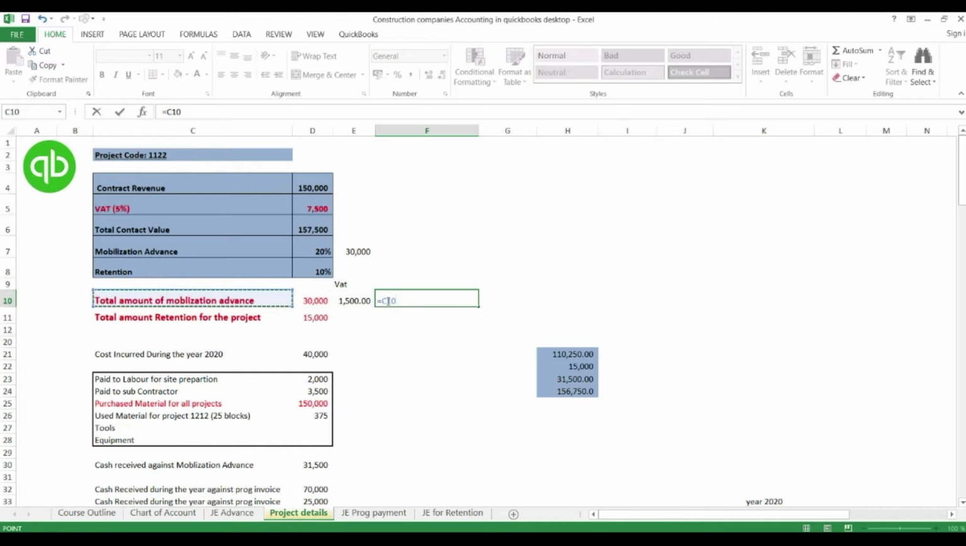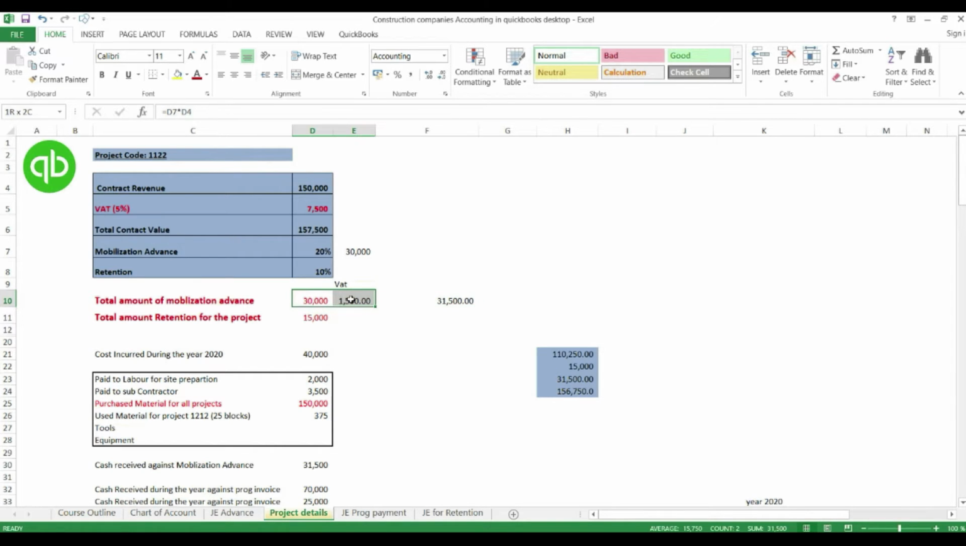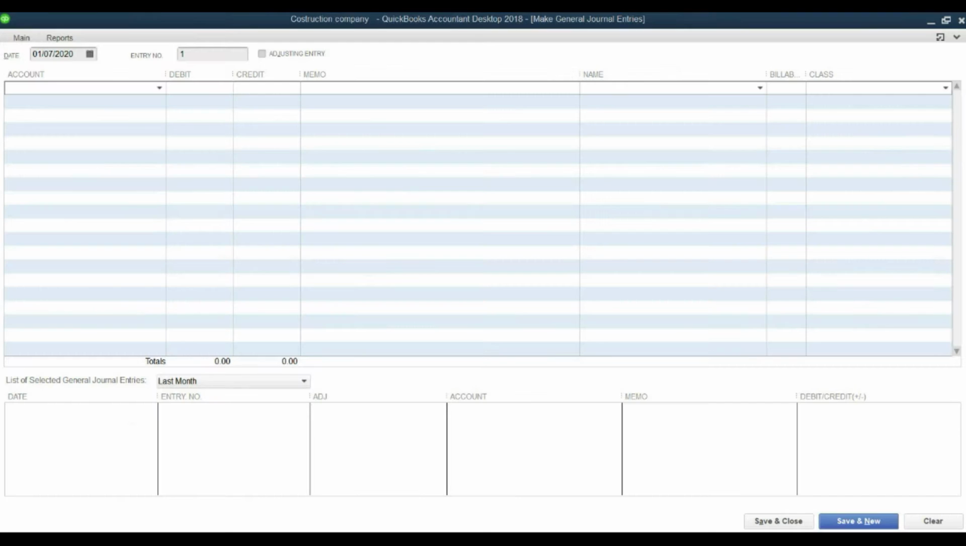As per UAE law, you have to collect the VAT on advance either when you actually receive the amount or when you invoice. You have to charge the VAT 5%. So first I'm going to teach you how to deal in QuickBooks when you are actually receiving the advance without any invoicing. You will just debit 31,500